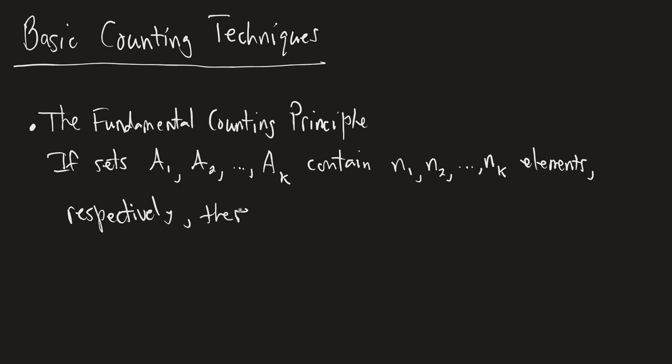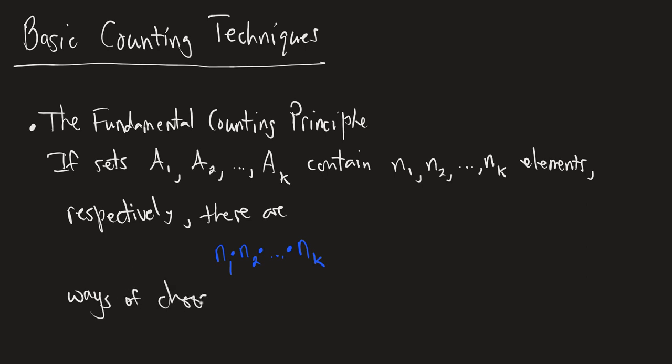There are, and this is kind of the formula, so maybe I'll even write this in a different color, there are n1 times n2 times dot dot dot times n sub k ways